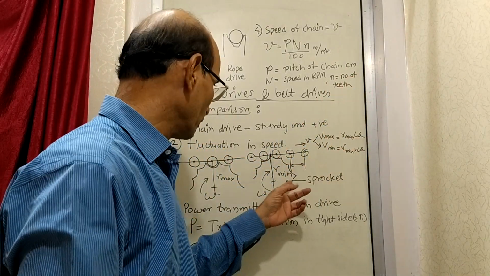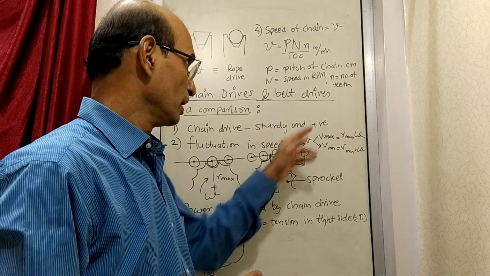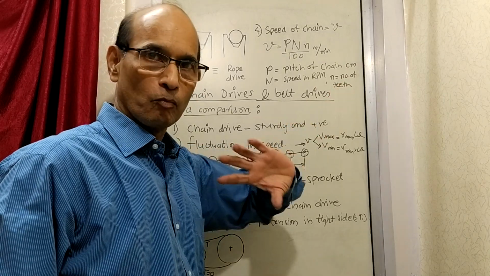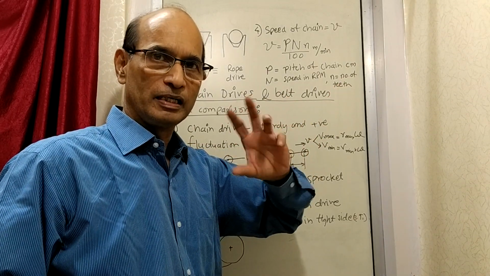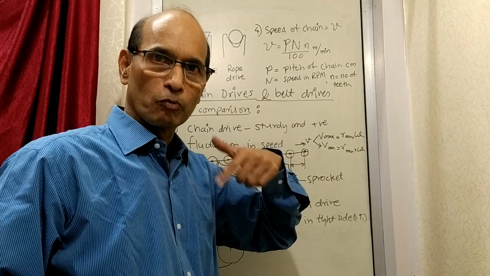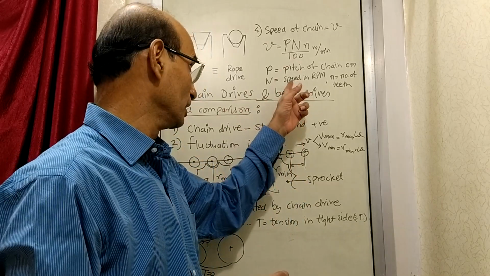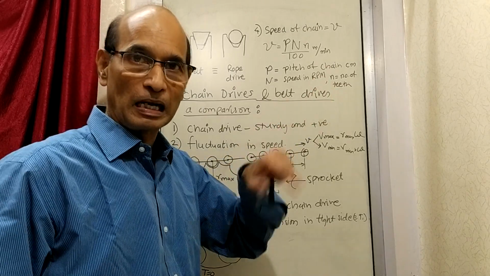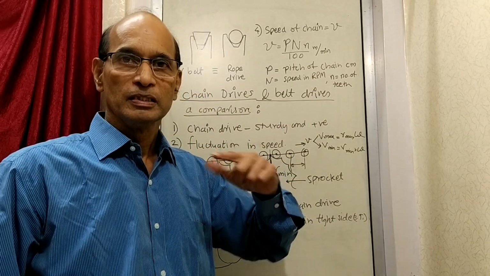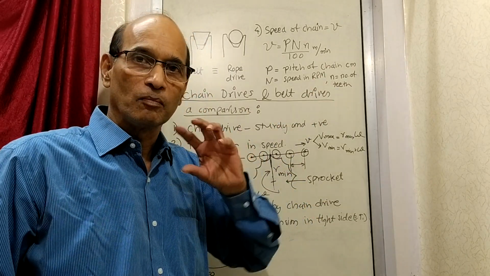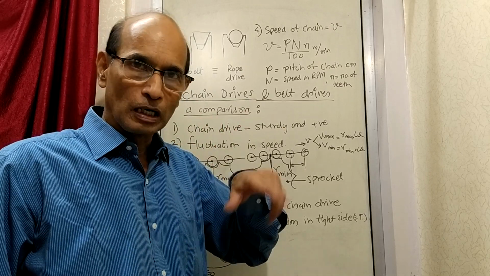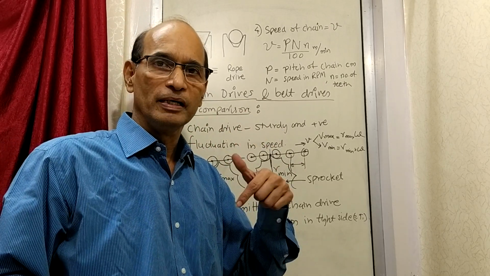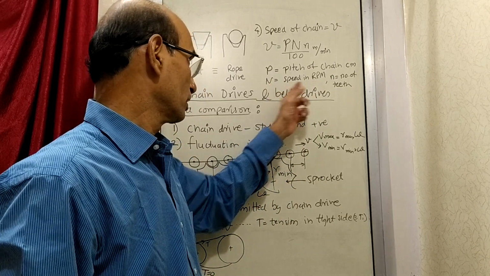So now you can see that when it performs one rotation, n number of teeth are moving forward because there are n teeth. Suppose instead of one rotation, there are N revolutions per minute. So in 1 minute, there are capital N revolutions, and in one revolution, small n teeth move forward. So the total teeth moving forward in 1 minute is small n into capital N.